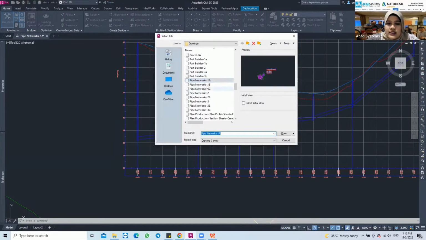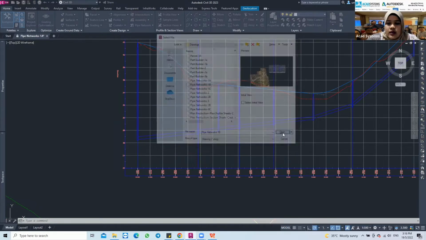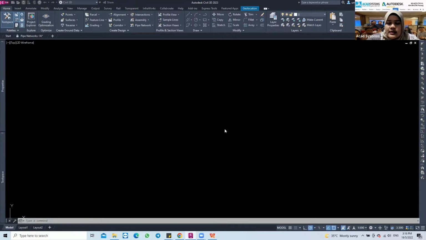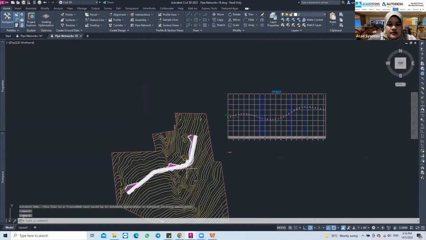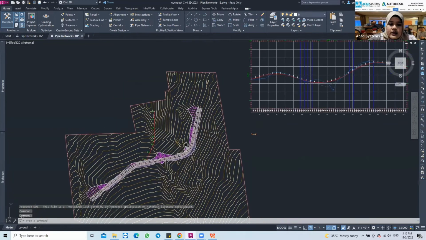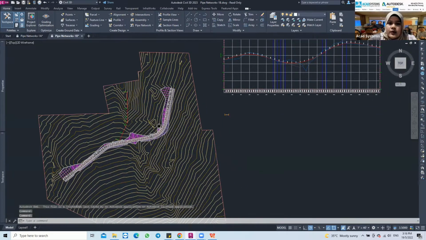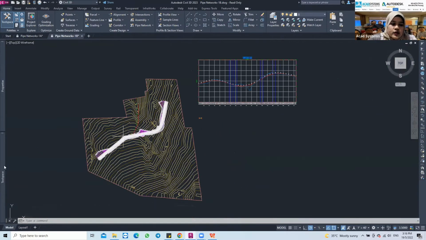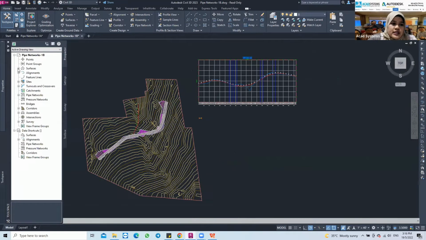And for the next one, I'm going to use the pipe network 1B. Click open, click yes. Now this is the layout that we want to add the pipe network to. You can see at the tool space, there is also the surface that has already been added,